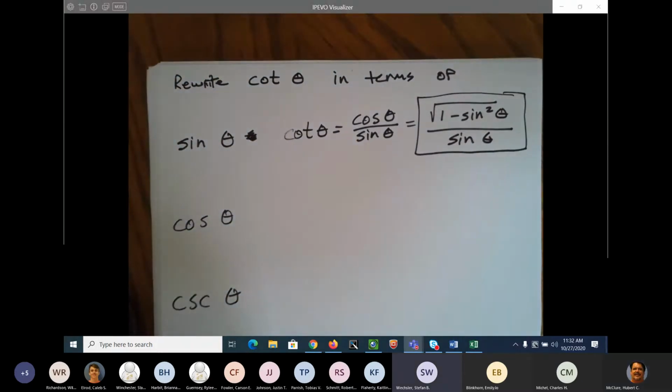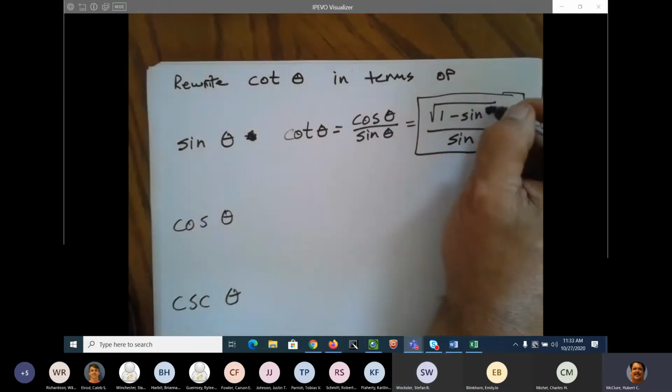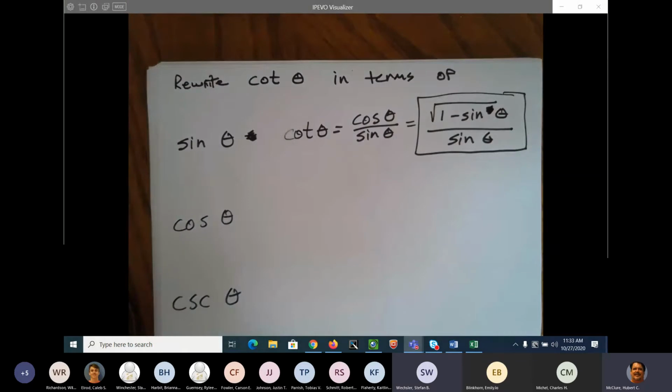Wait, I thought 1 minus sine squared theta would be equal to cosine squared theta. Okay, take that off then. Just 1 minus sine. There we go. How's that? The property works the same then. So it should be 1 minus sine over 1 minus sine squared over,